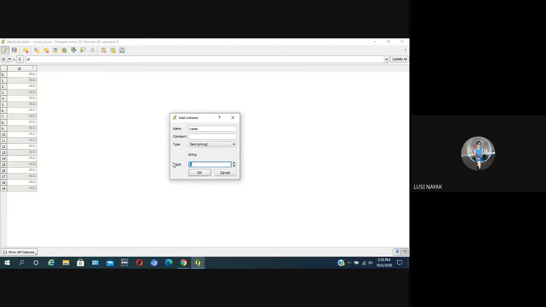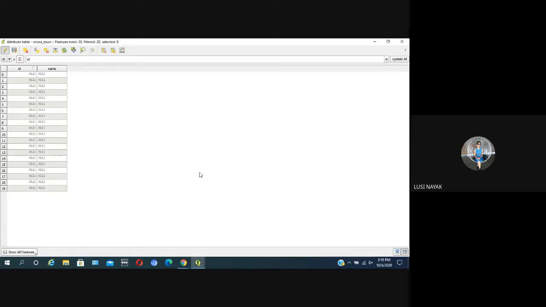Width is, then okay. Create a new column. Name is name. Enter your town name first.